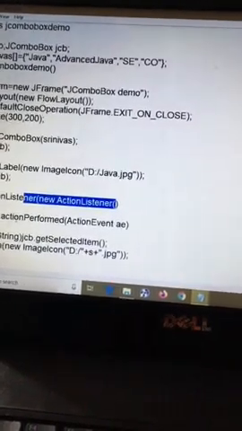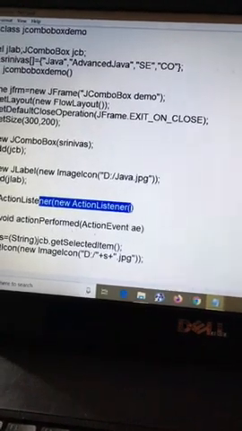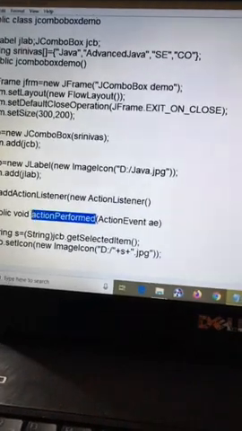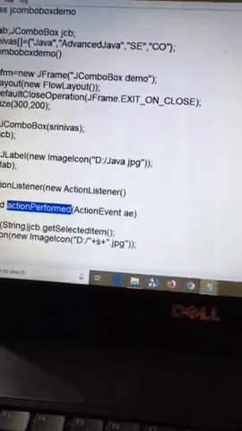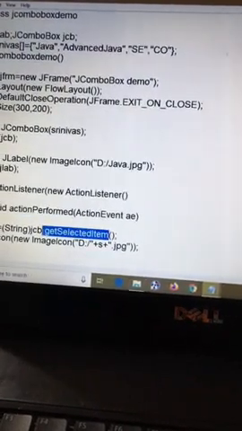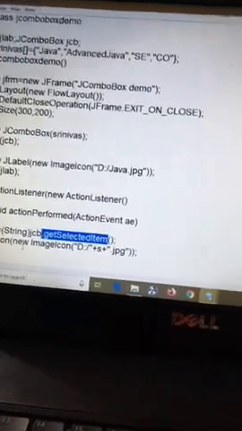Public void actionPerformed: that action is handled by the actionPerformed method. The ActionEvent object is passed as an argument to actionPerformed, meaning actionPerformed is the action handler here. Okay, String s equals (String) jcb.getSelectedItem, we know this method. The getSelectedItem method is applied on the jcb object.